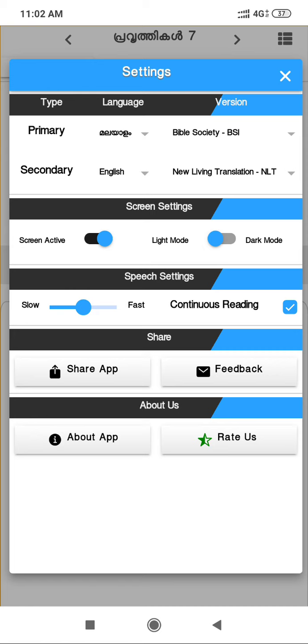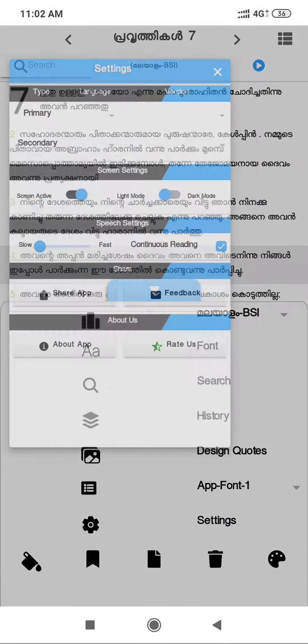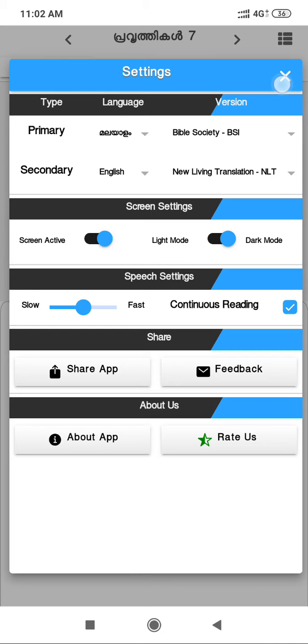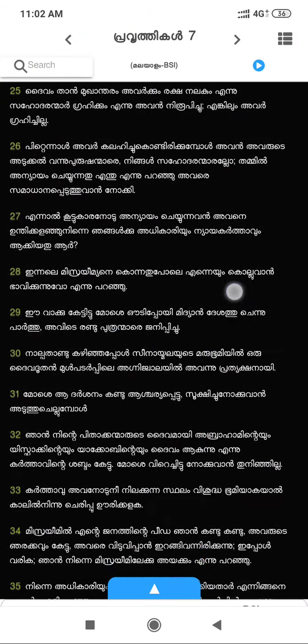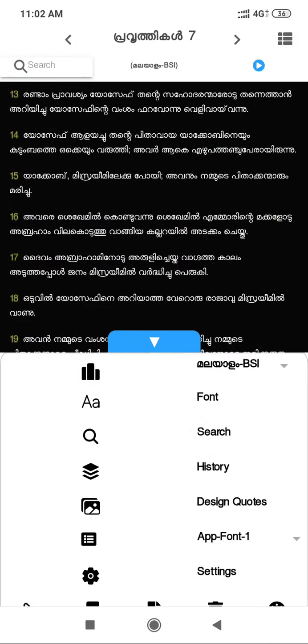Already we discussed primary and secondary, how it will work. And next, screen settings. In screen settings, you can keep the screen active while you are reading your Bible, or else you can deactivate it. And light mode and dark mode: this is the light mode we have seen here, and if you want to make it dark, you can do it like this.